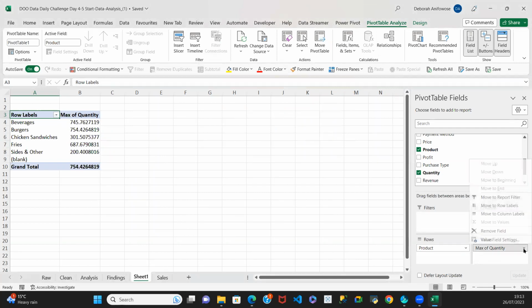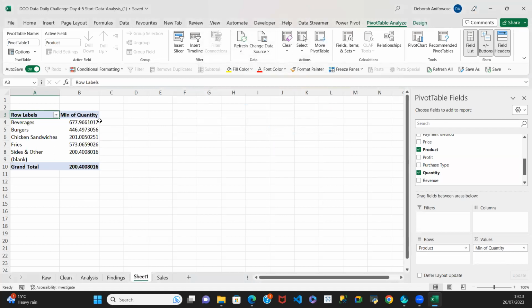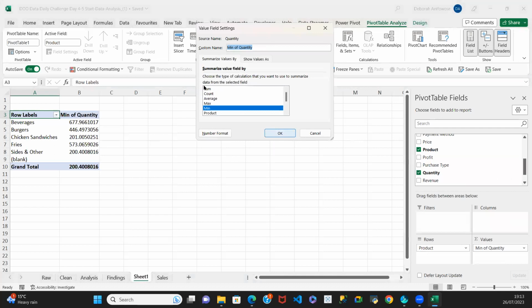And if you want to find the minimum for each one, minimum is right there, the minimum value for each one. I believe that in this case, it should be sum that we are using, sum of the quantities. And if we want to format, if we don't like how this is presented,